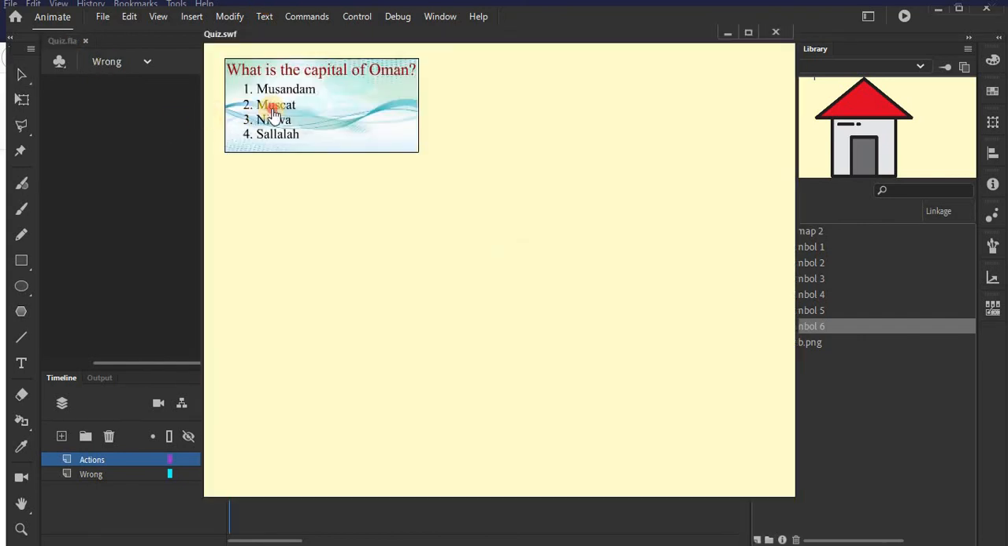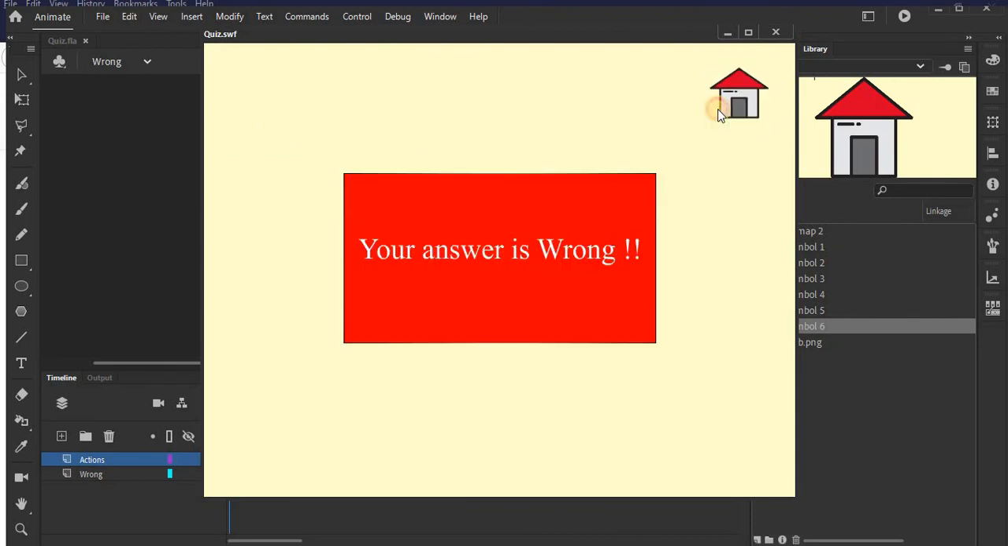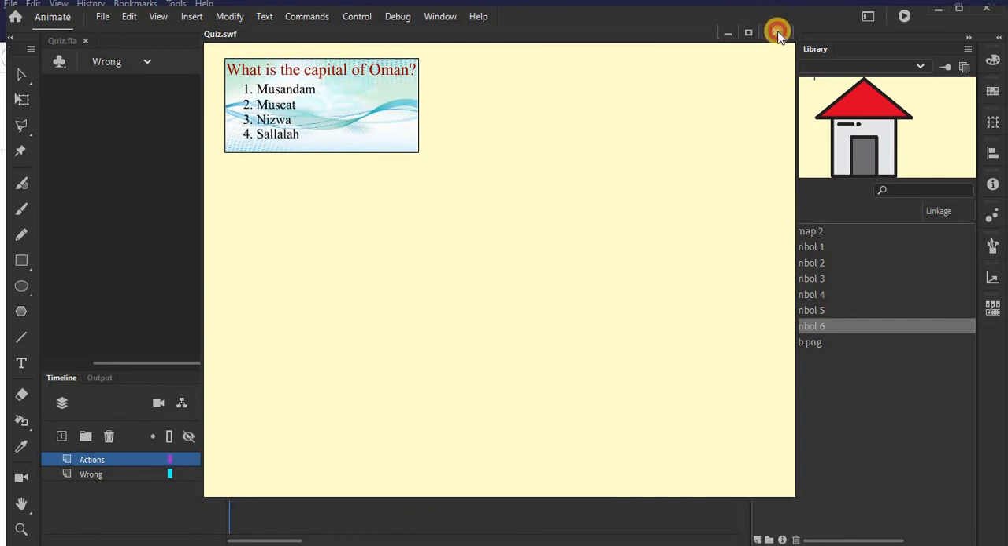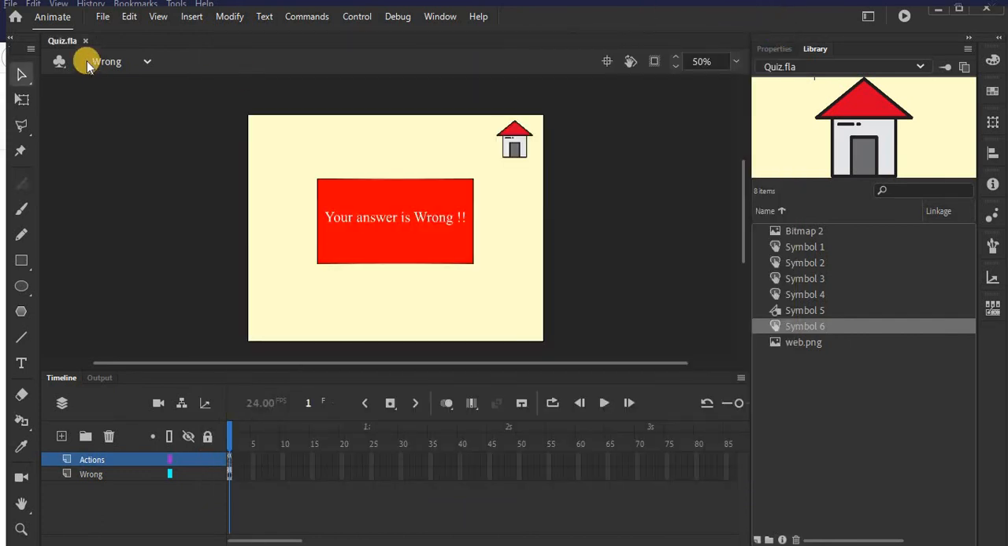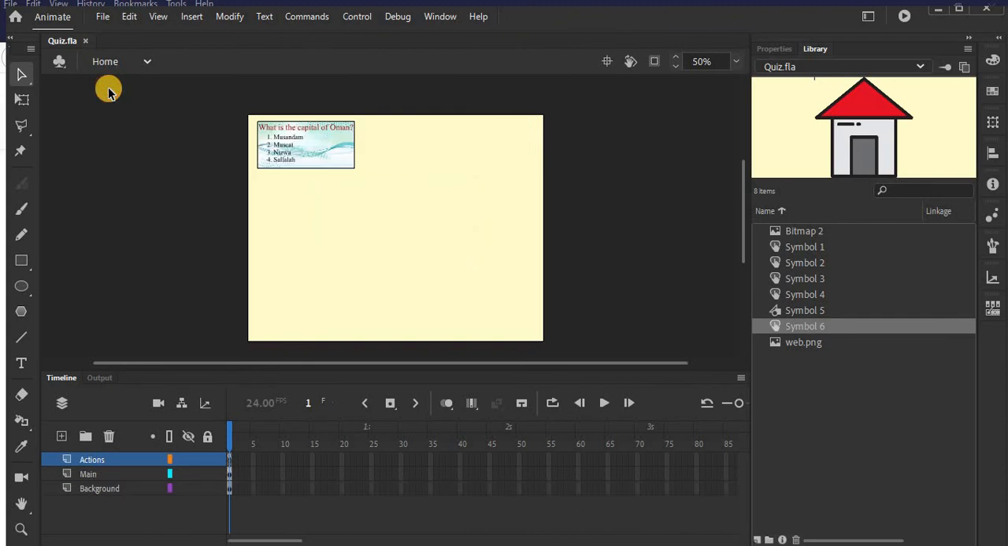So if it is Muscat, it is fine. Musandam, fine. Salalah. Now this is working fine, and now I'm going to go to the home screen. The reason was, if you remember, I had selected all and I left this space over here. The reason was I can select,